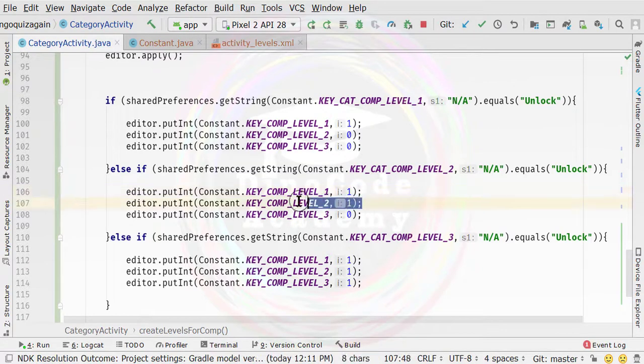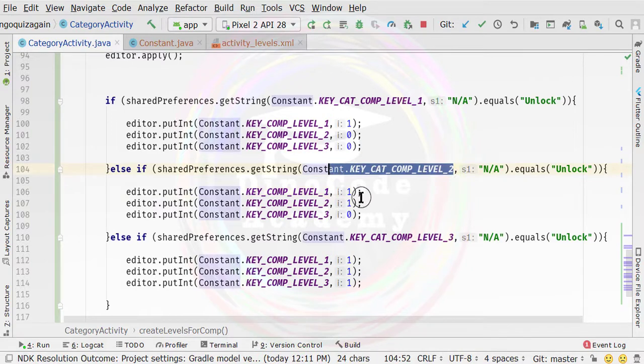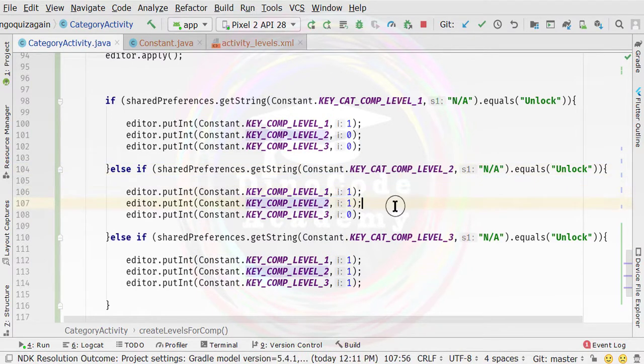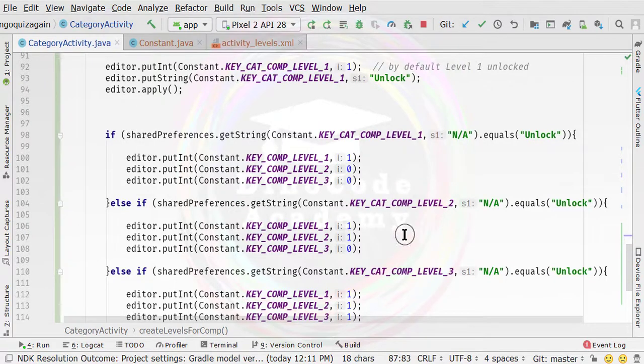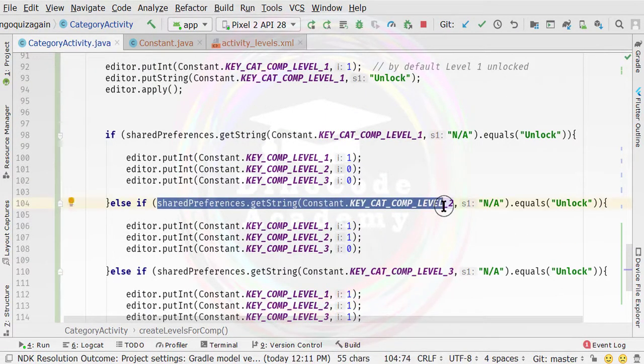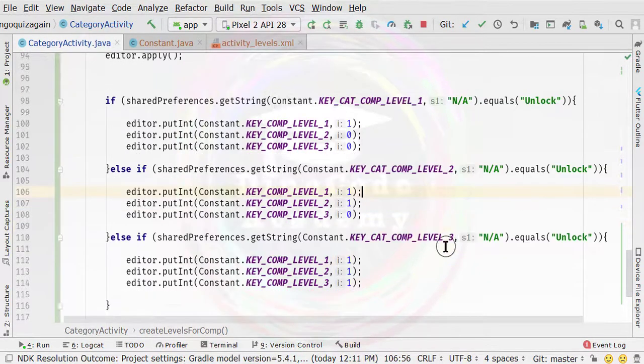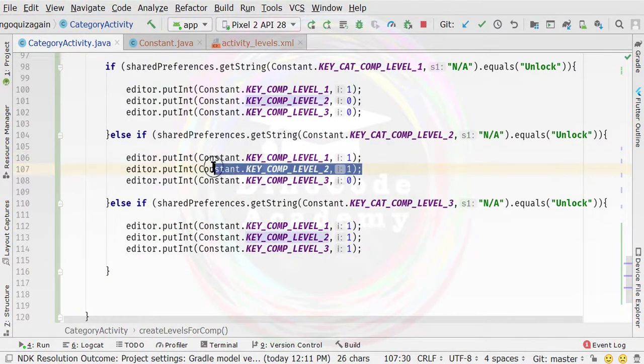Now we are going to write the logic of why we need to unlock level 2 inside this particular if statement. This logic of code we are going to set inside the result activity or also inside the quiz activity. We are going to pass the data from the quiz activity to the result activity, and then the result activity will modify this shared preference data again, which is the my level preference file, and according to that we are now getting the data from the shared preference again inside the categories activity for the second time. So it will check whether the data for level 2 is actually updated or not. If it is updated, then it's going to set the value.